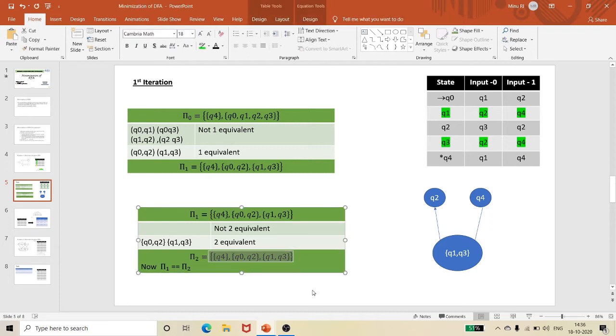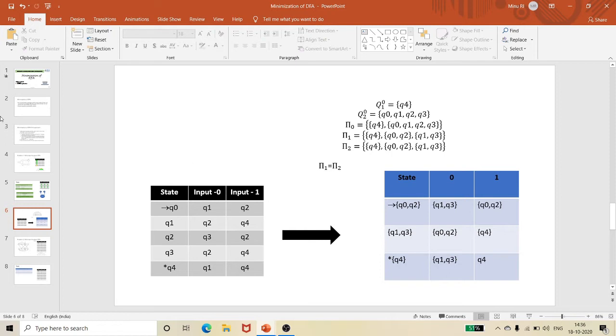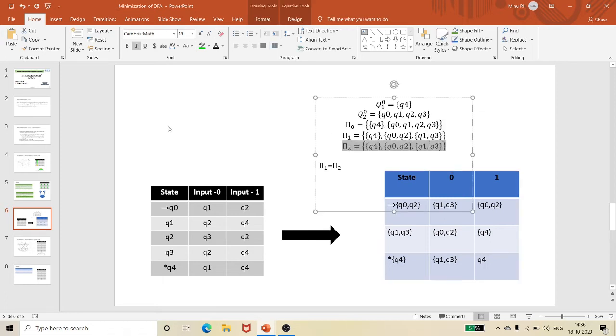So how to write the answer? This is how you have to write the answer. That is the number of states. So this is my final answer, Q4, Q0. So write everything as a state. Actually Q4 is my final state. So here I can keep it in here. 0, 2 I am writing here. 1 and 3 I am writing. So this has become a single state.